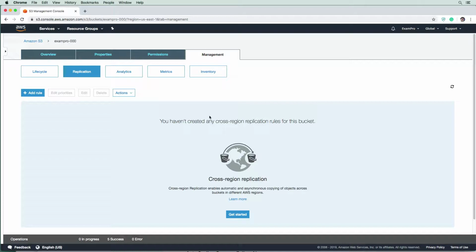So we're going to learn how to set up cross-region replication here. This is going to allow us to copy files from a bucket to another bucket, and this could be in another region and in another AWS account, okay? There's a few different possibilities as to why we'd want to do that, but let's just learn how